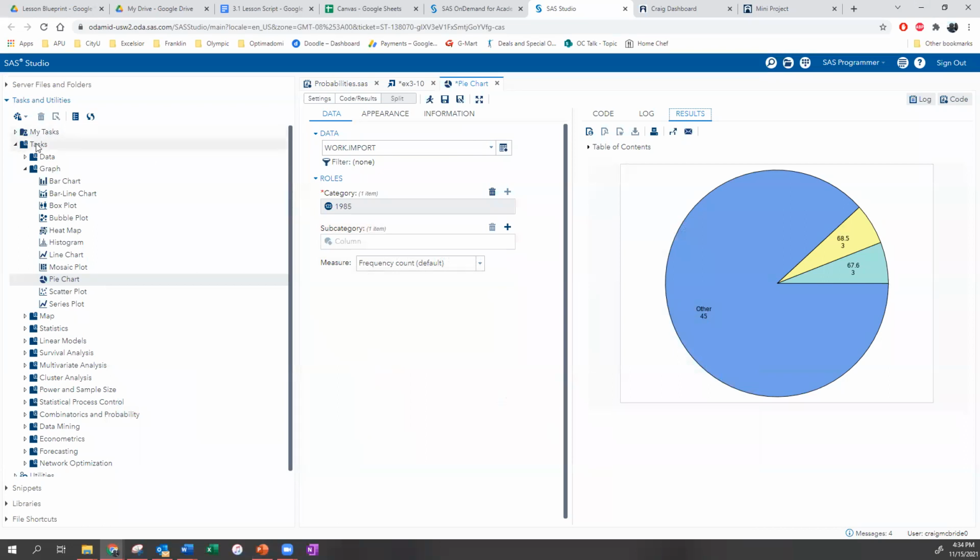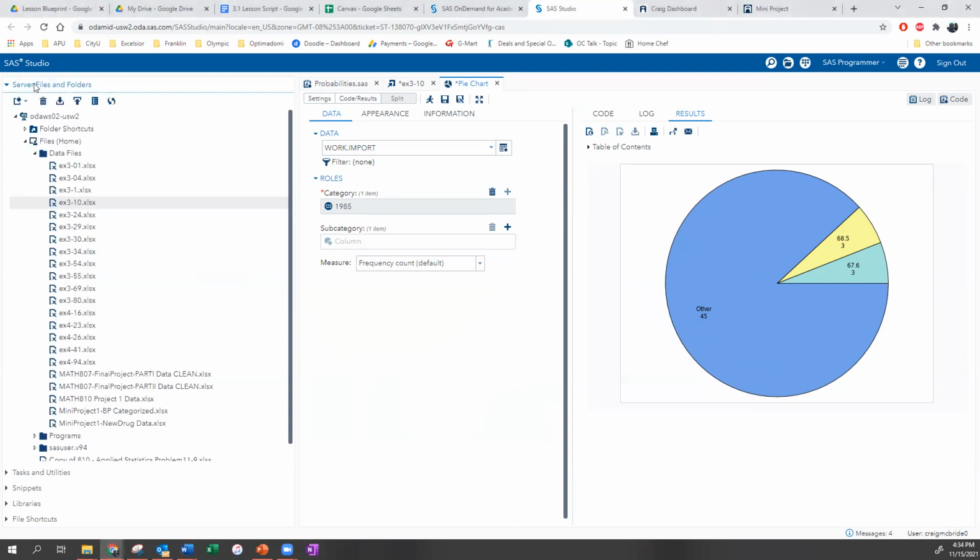So under tasks, there is a graph, and then under graph is pie chart, and it brings up this menu. And all you have to do is select your data, right? So the first thing you always have to do before you can do anything is you have to load data. So what homework question wants a pie chart? I don't remember. Maybe that's a piece I missed, the loading data. Okay, so I had imported all my data from the zip file last week, but how do I load it today?